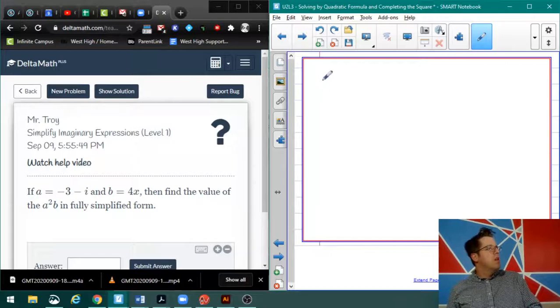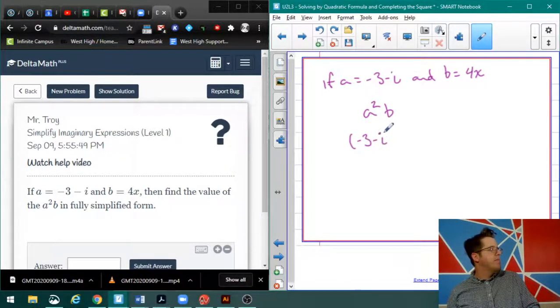So, if A equals -3 minus i, and B equals 4x, what is A squared B? All right, so (-3 minus i) squared times 4x. Okay, so the perfect square trinomial pattern is that if you take (A plus B) quantity squared,